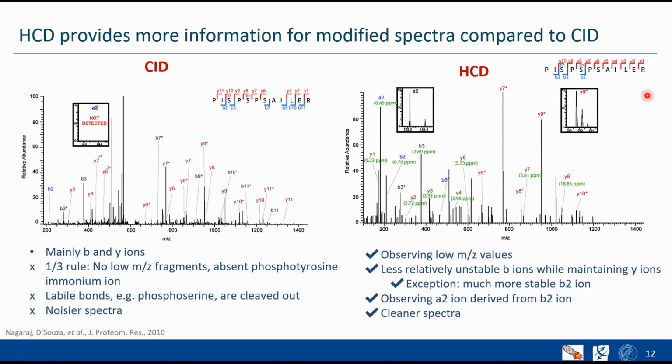So it has less of these relatively unstable B ions, but it maintains the Y ions. And there is this one exception, which is the A2 that is coming from the actually B2 ion, which is more stable in that case. So this is an exception, but overall the spectra are cleaner with HCD, and also the diagnostic peak can be